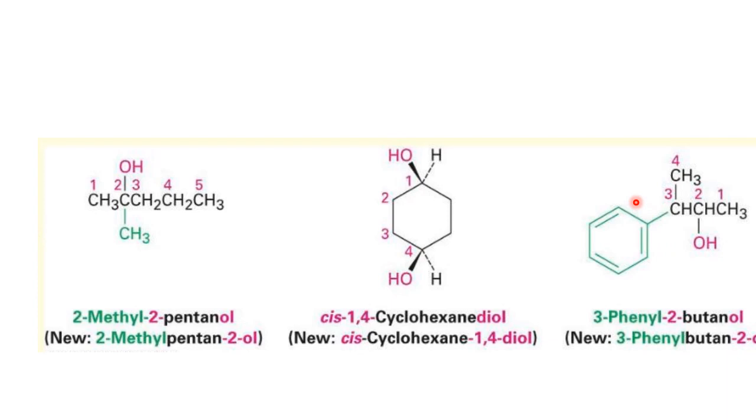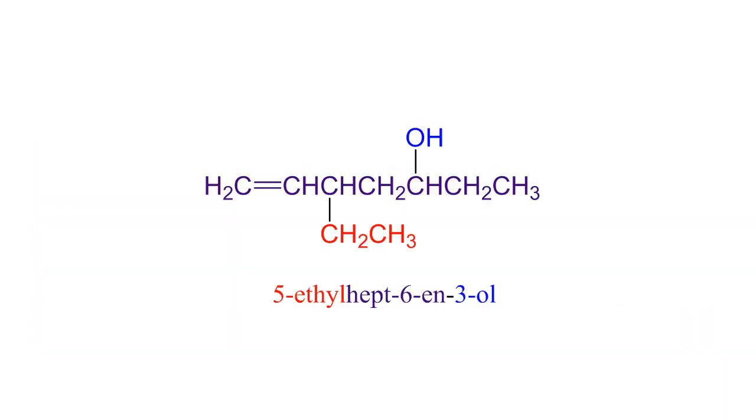The substituent that we have, it's in the clean color, it's phenyl. Phenyl. 2-butanol, and phenyl is existed at position number 3. 1, 2, 3. So 3-phenyl 2-butanol. 3-phenyl 2-butanol. Another example. The longest chain here, which is containing 1, 2, 3, 4, 5, 6, 7, and 1,